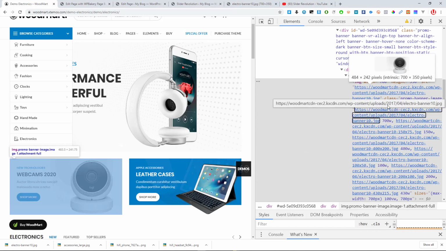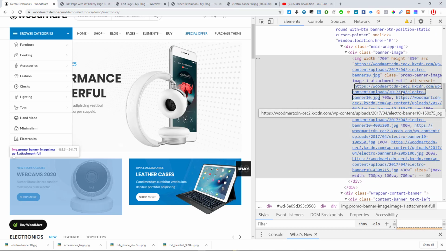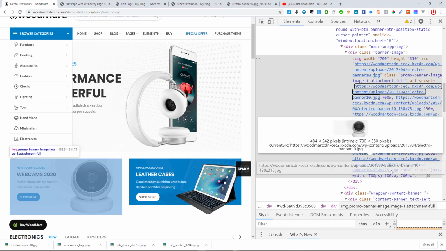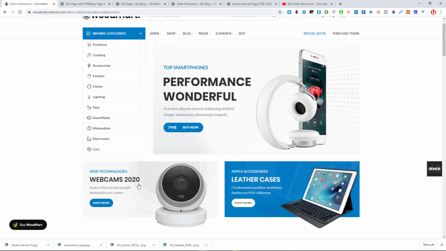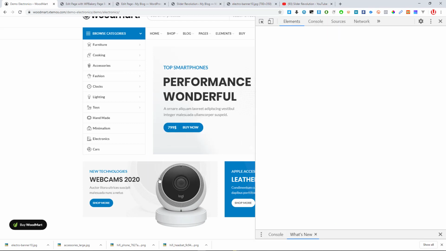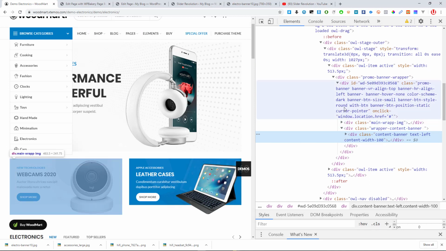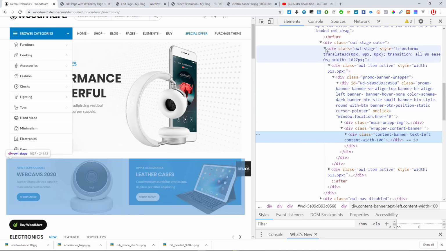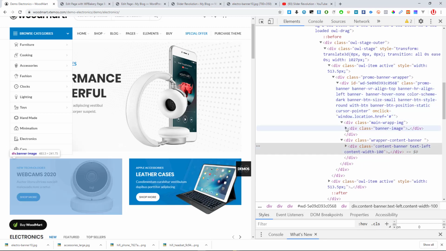The first one is the biggest one, which has full width, and the last one is the smallest one. Okay, how did I reach there though? I just simply right click on the image itself and say inspect. When I click on inspect, you expand some things here. Go on top of the image, as you're seeing here. You see where you leave the image, and then you click there on the